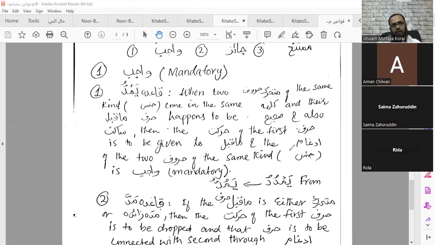I think we are left with less than one minute. So even if the session is going to end, we are going to continue for some more time. So this is mandatory idgham, and its first type is qaida yamuddu. The first rule is qaida